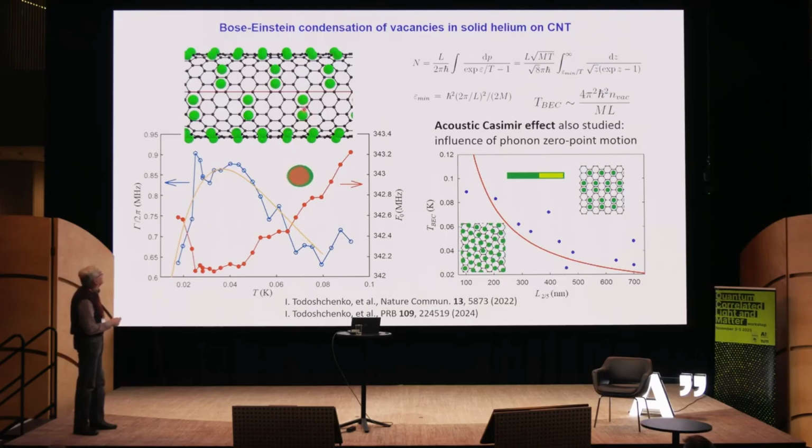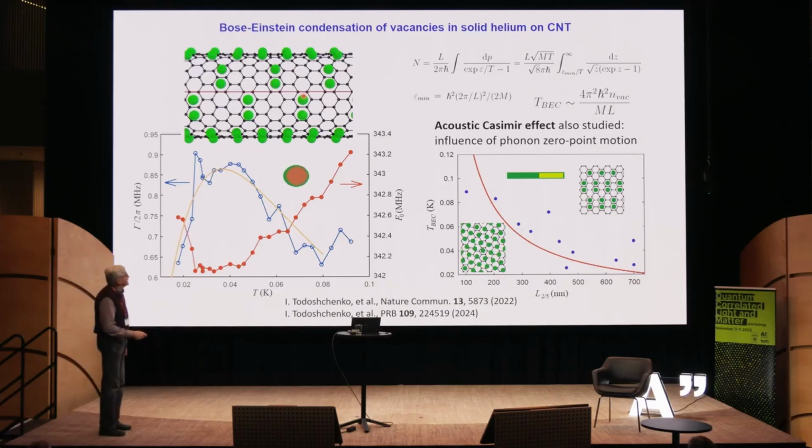And now, due to the frustration, you will have vacancies in the structure. And these vacancies, they can delocalize at the lowest temperatures. So you can reach a supersolid state in a system where you impose vacancies by the structure. I mean, of course, you would like to have a system where you have 0-point vacancies, but that has been tried several times with helium, but it has never worked.